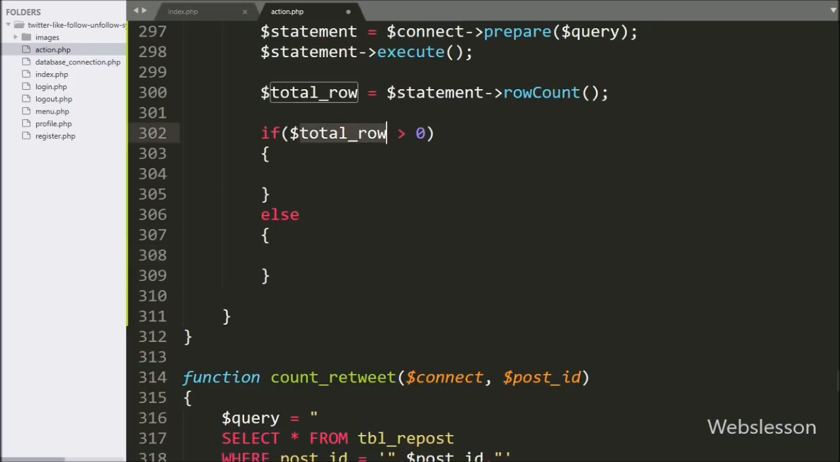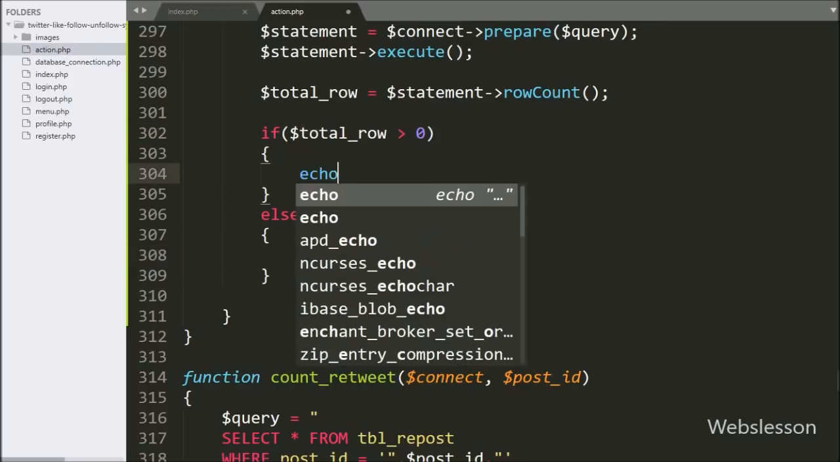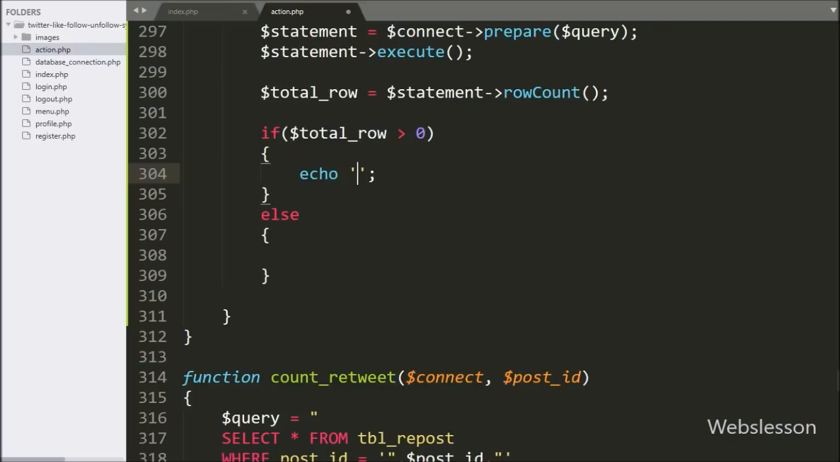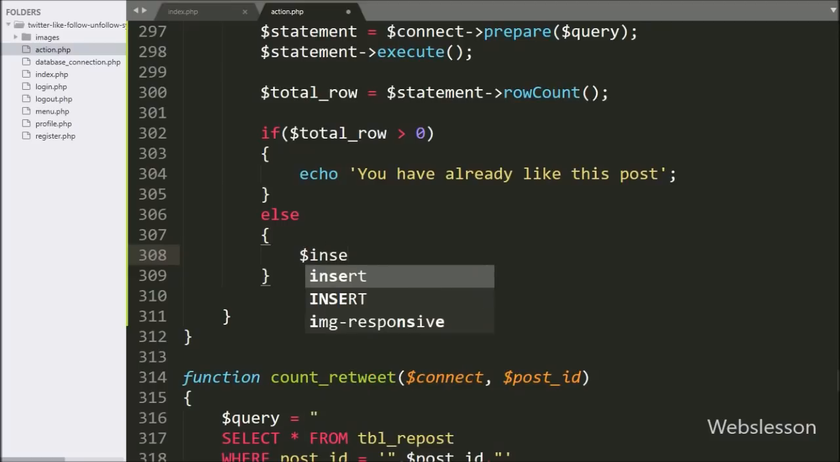So it will execute the if block of code, and under this we write an echo statement with a message like "You have already liked this post." This message will pop up on the user screen. But suppose the user has not liked the post, then it will execute the else block of code, and under this block we